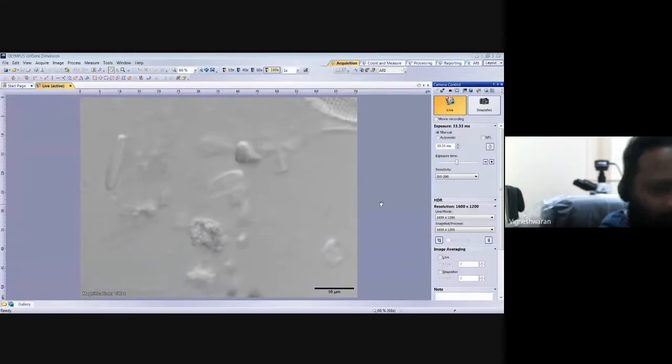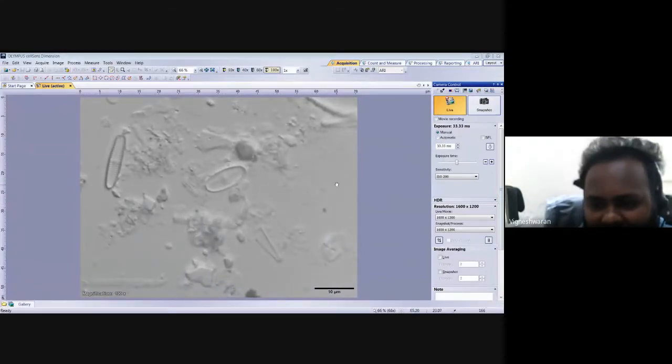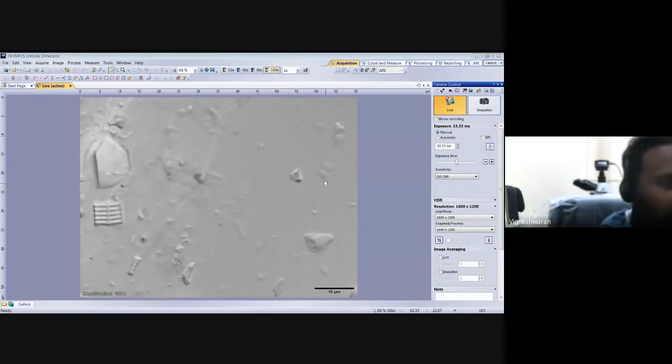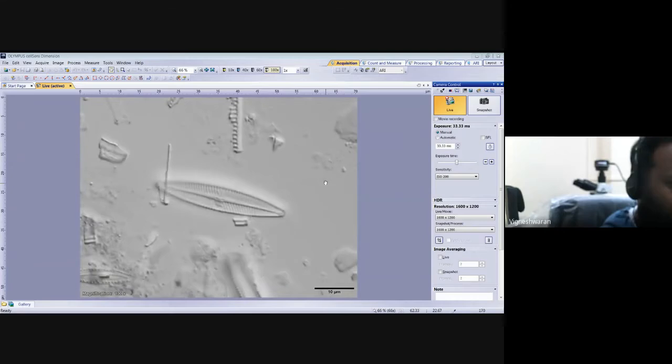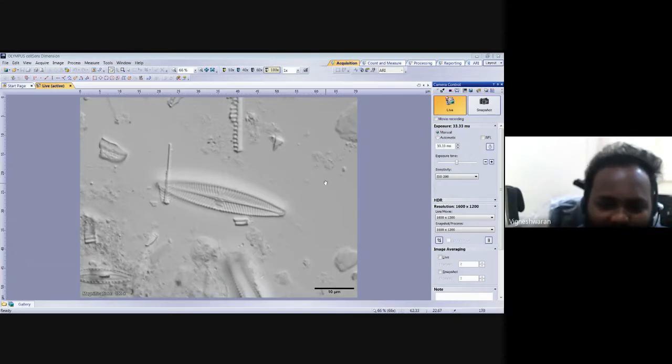So yeah, this is the slide we looked at. I think now you might have a little idea of how we can do a diatom study. Till now I told you about the taxonomic way, but what if we study ecology? Ecological study is something different. We have a different approach.